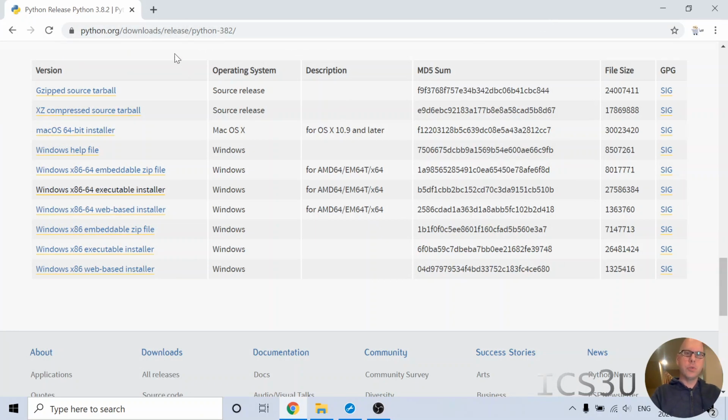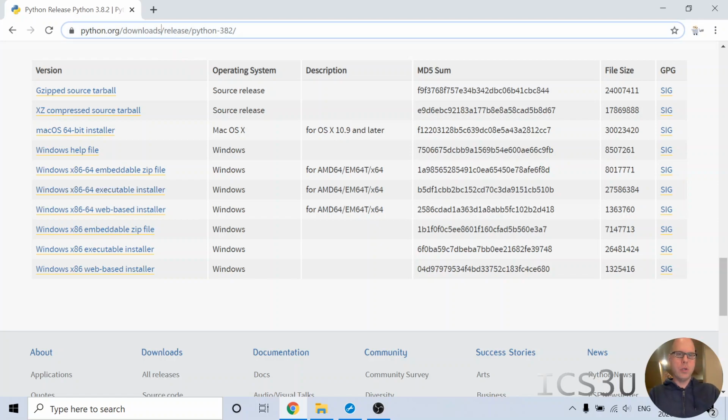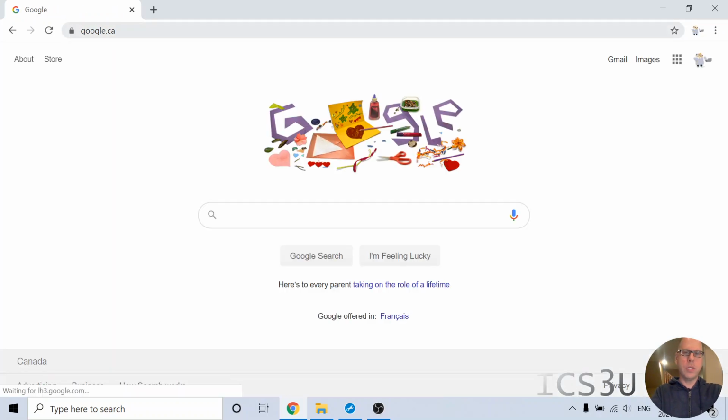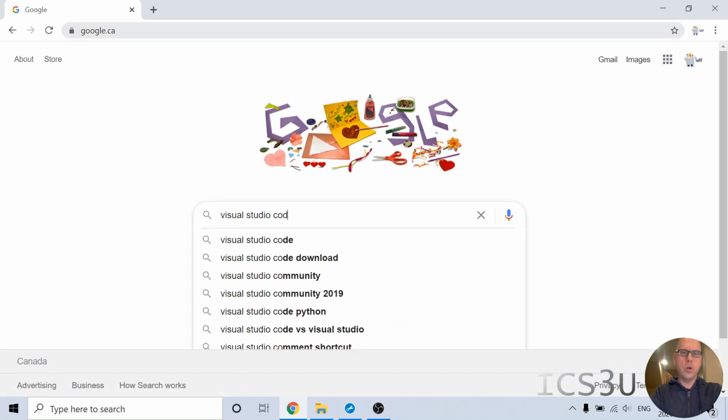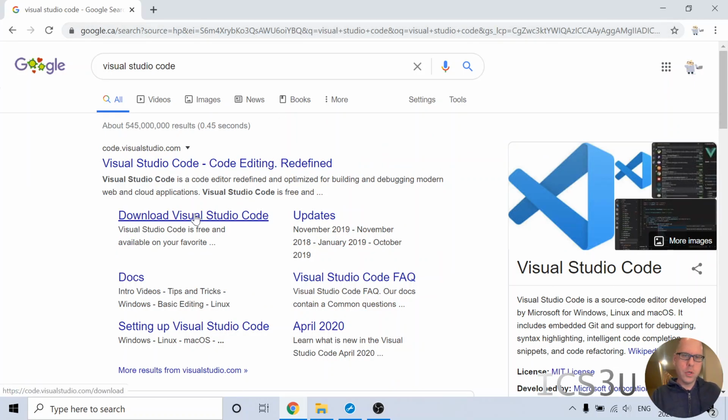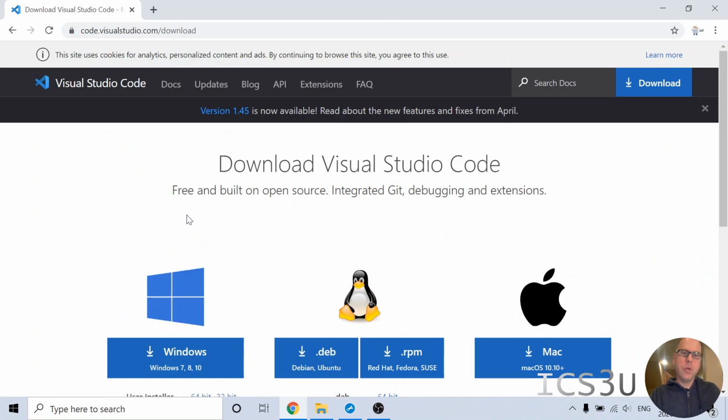I'd like you to use Visual Studio Code. So what I'm going to do is type in, you can go to Google or just use your search engine, Visual Studio Code. Okay, so go to a new window in Google, type in Visual Studio Code. This takes you to Visual Studio Code. You can go to download Visual Studio Code. Visual Studio Code was developed by Microsoft, but it's an excellent